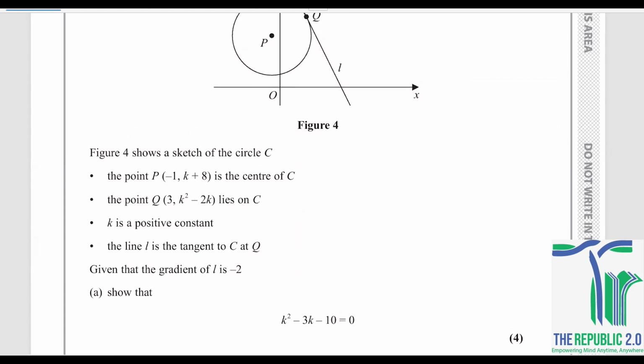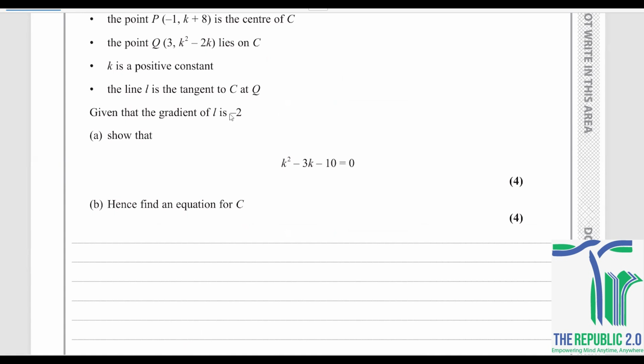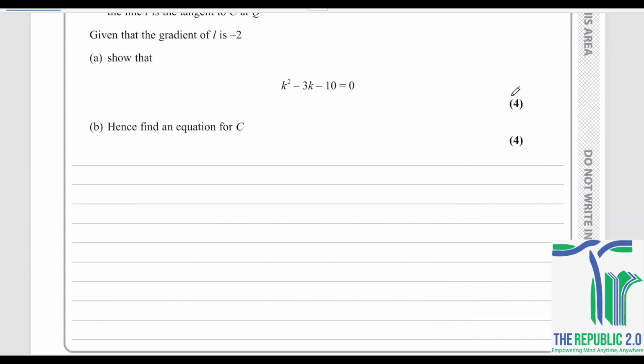So we know that the line PQ is perpendicular to the tangent line. If the gradient of the tangent line is -2, the gradient of PQ has to be the negative reciprocal of it, and that comes out to be 1/2. So for the A part,